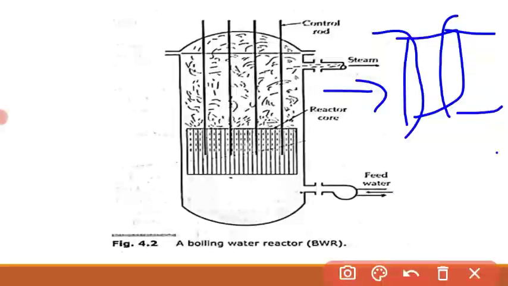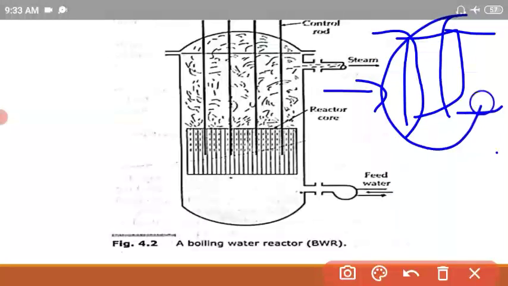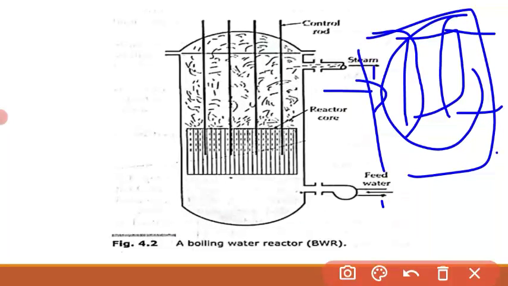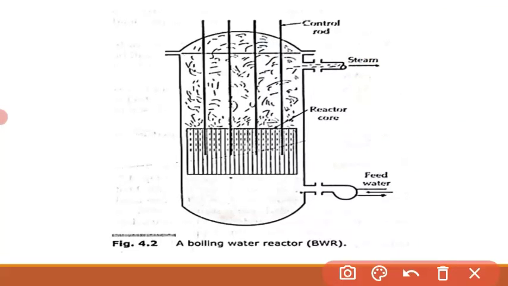I will discuss that in more detail in the next one, where it will be clear. Just remember here that there is no heat exchanger. I repeat, in this BWR, no heat exchanger. The other circuit is eliminated here. Hence, the cost